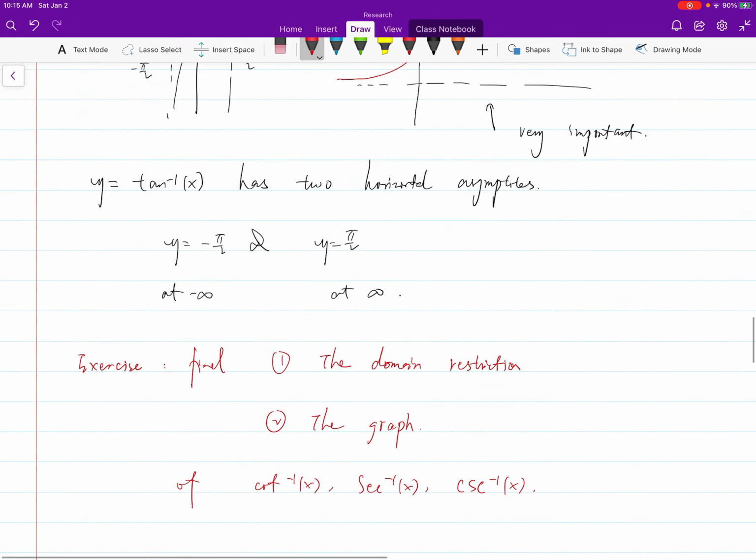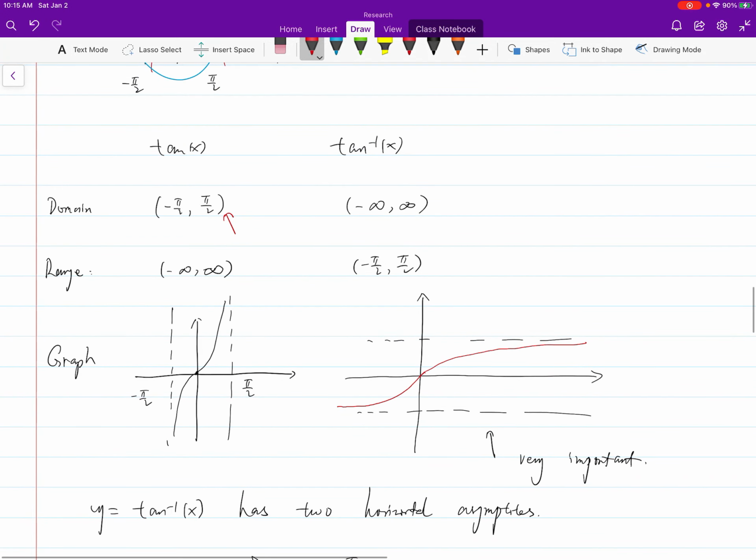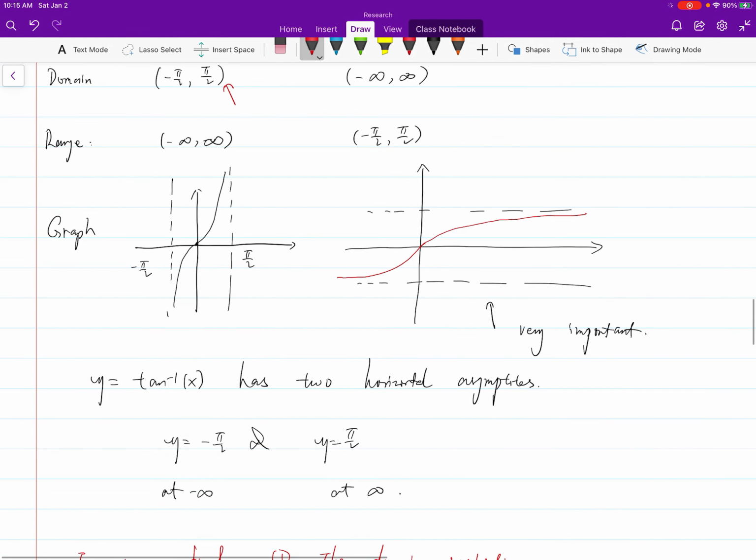All right, that's all we have for this section. So one new type of problem and the definition of 3 trig inverse functions as well as their graphs. Again,